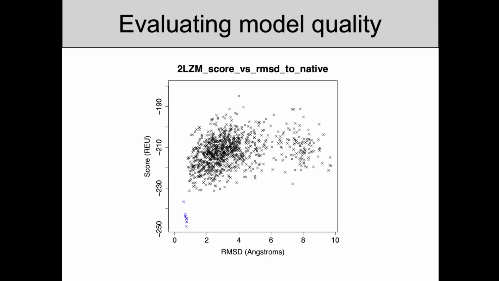But even if you don't have the native model, this tool is still useful. You can get the root mean squared deviation to the lowest scoring model, and then after calculating the RMSD this way, you can get an idea of how much the models you generated converge upon this one minimum, right? How many low-scoring models are there that are similar to each other? And depending on how much sampling you did and how many models you end up with, you can actually identify with some confidence the native conformation of a protein if all of your low-scoring models look very similar to one